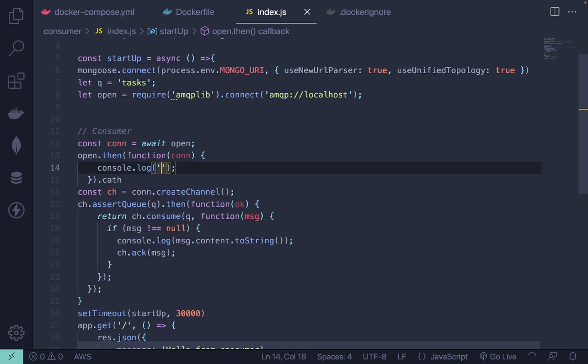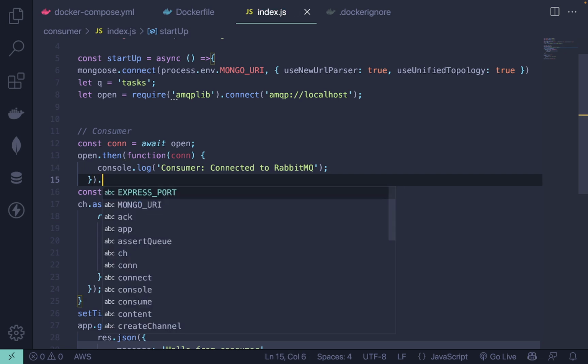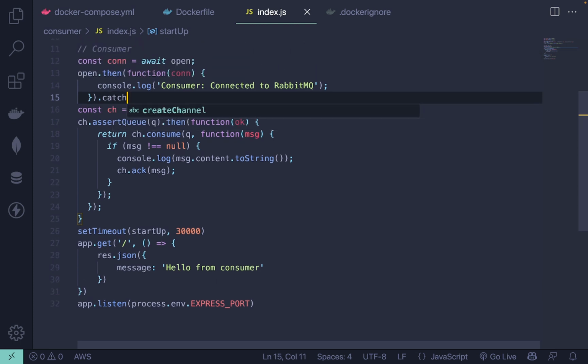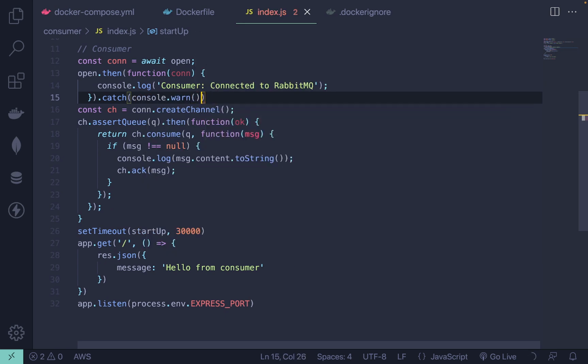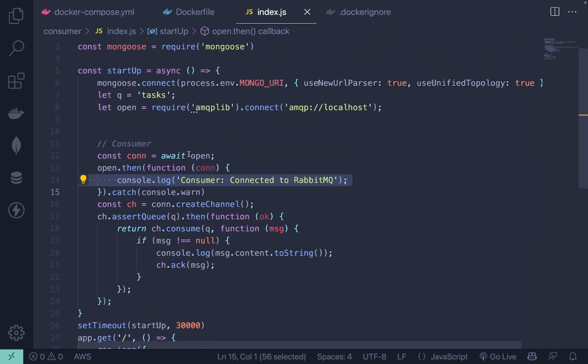The log will be: this is my consumer, consumer connected to RabbitMQ. And let me use dot catch. I'm not sure why I'm not getting this. Am I doing something wrong? Okay, console dot log. Okay, cool. If everything is all right, we'll get this message, and we need to wrap this code